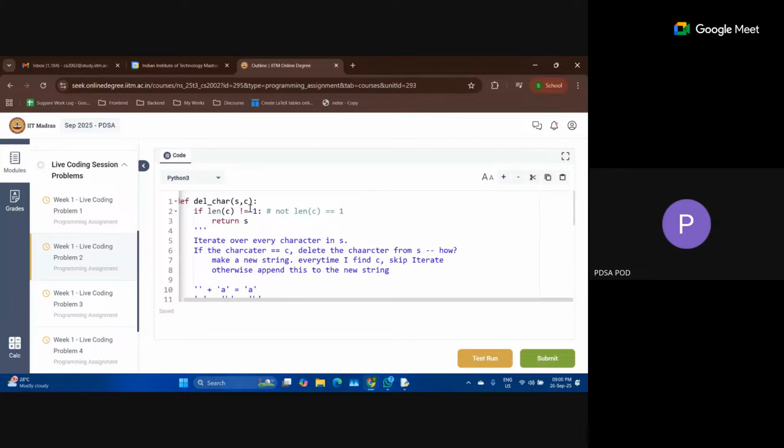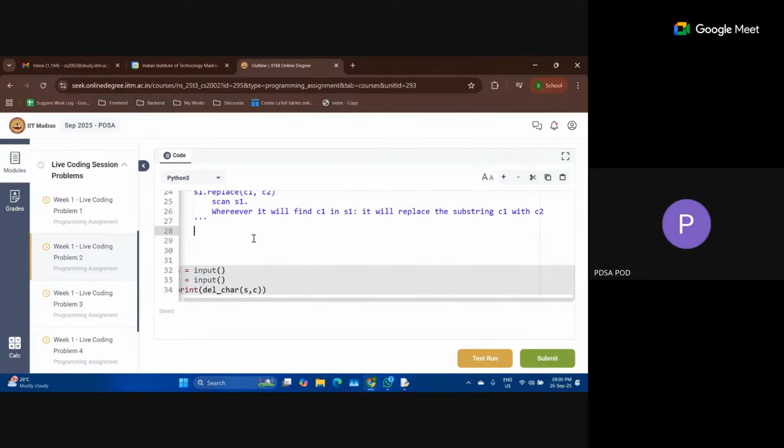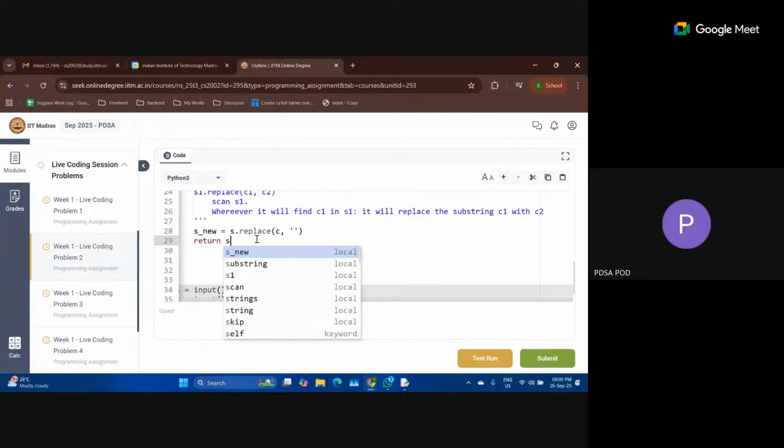So wherever the c is occurring, we will replace c with an empty string. So s dot replace c with an empty string. This is your new string. S new is equal to this, so you have to return this new string.